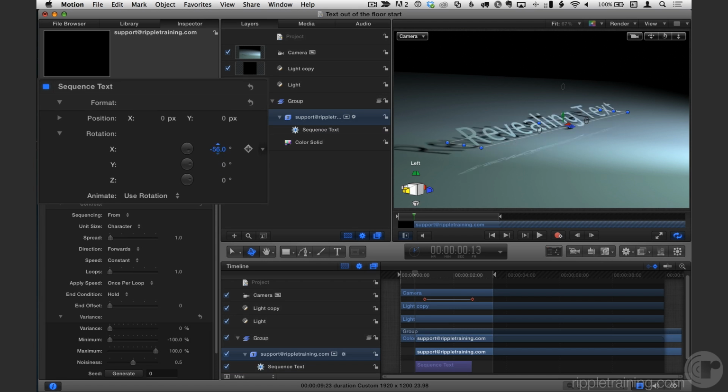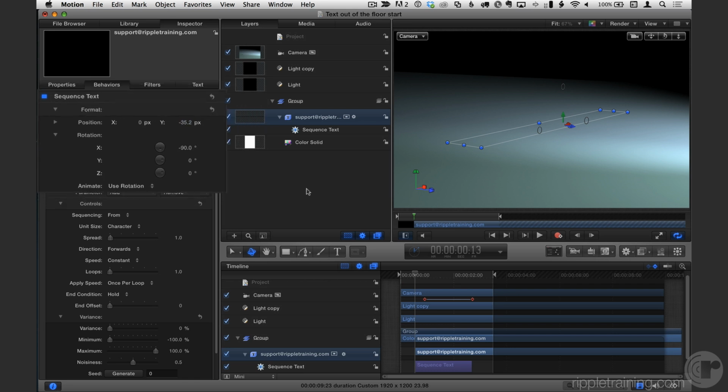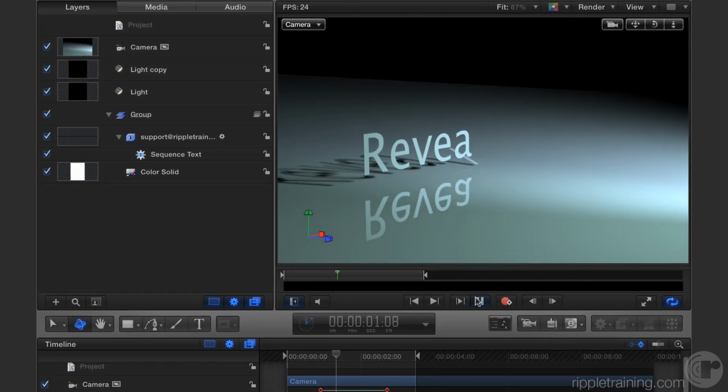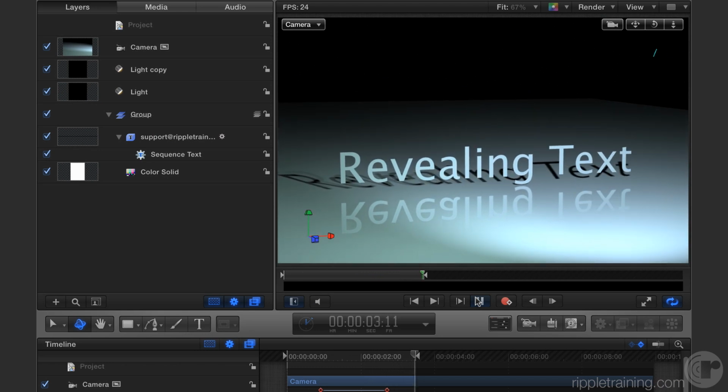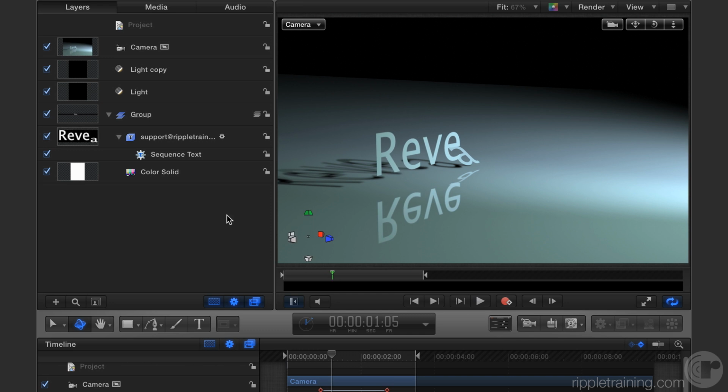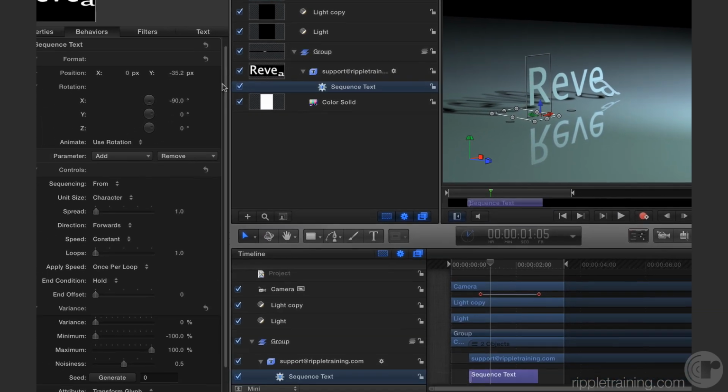Let me undo that so we can see it lays it completely down, but it's still above the floor a little bit. So what I'm going to do is take its position in Y and drop it down so it disappears. We can see it just touching the floor there, and then boom, it disappears below the floor. So now, just with those two changes, if I play, the text seems to pop up from out of the floor. Now, it's a little too dramatic, or a little too quick in my estimation,